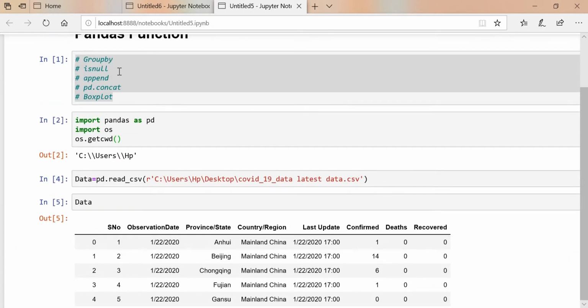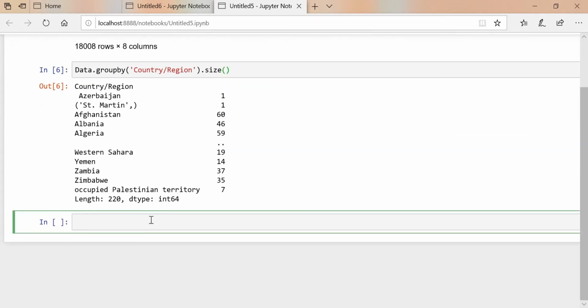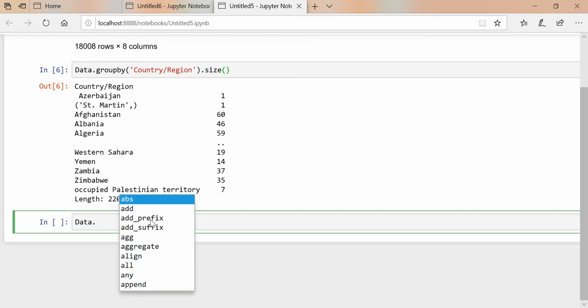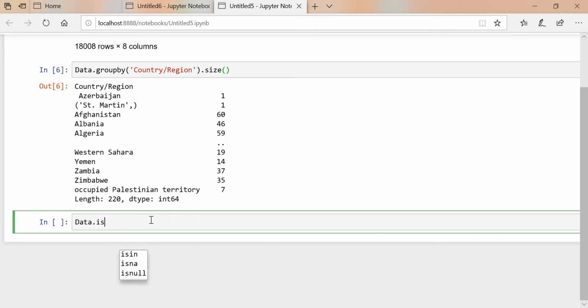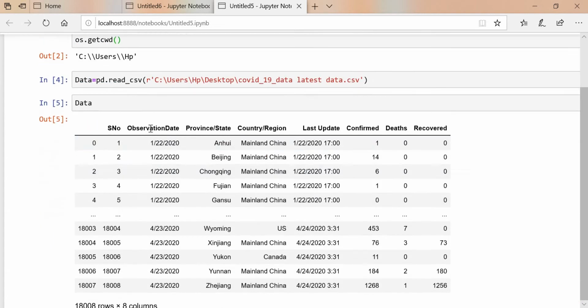Now we'll go to the other one, that is null. How will the isnull function work? Data dot isnull, then sum, this is the syntax. We'll execute this one. See what is going on in this. See what the null values are in our data.